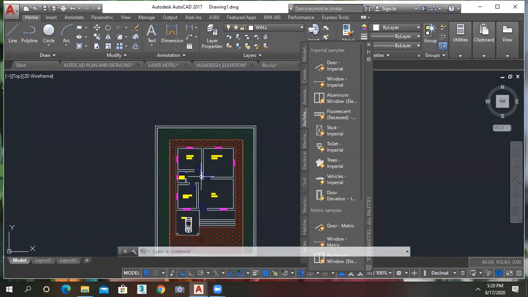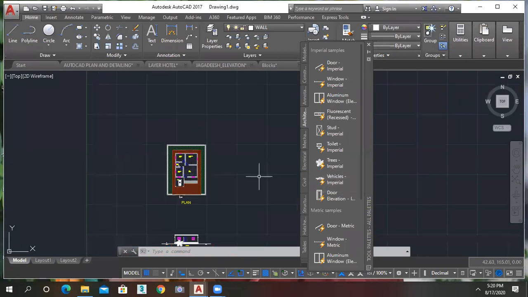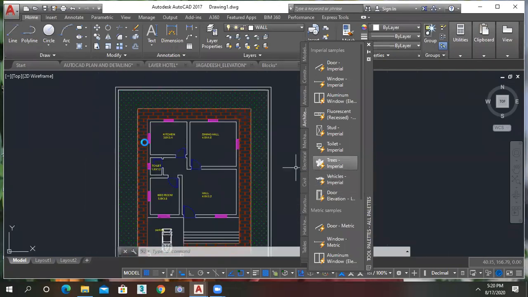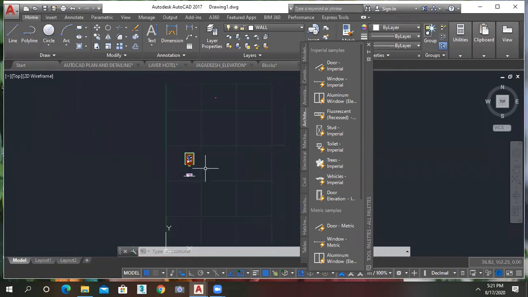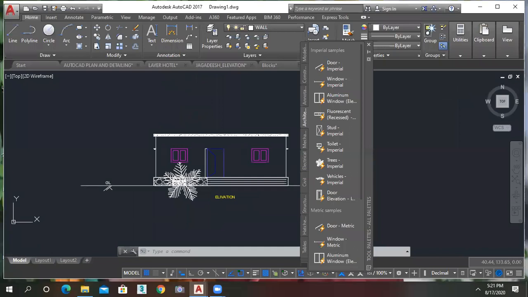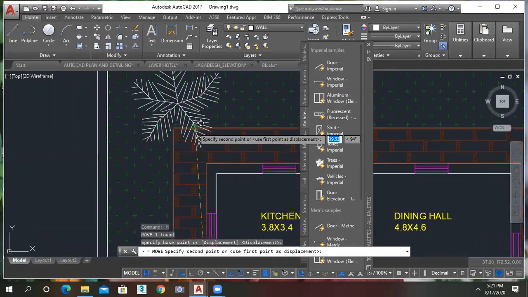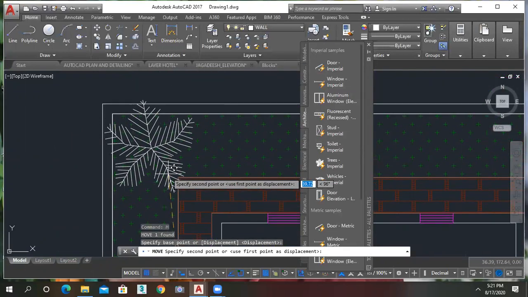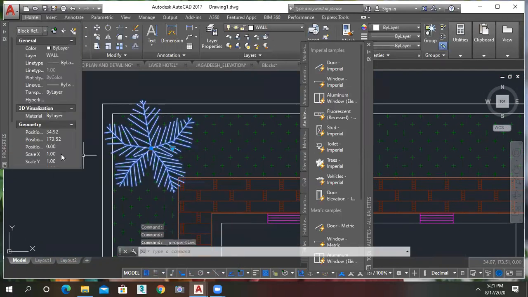Okay. So if I want to show the plants like this, you can take it here. Just plant, drag and place. It will take some time to load. Yes. Okay. Here it is. And we can move it. Okay. Move it like this. And if you want to change the scale of that object, just click on it and go to properties and make it 0.5.